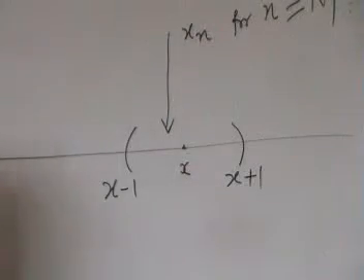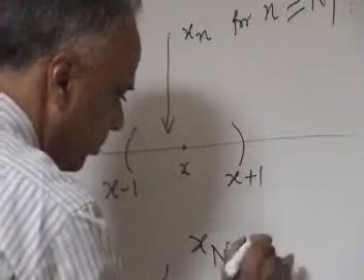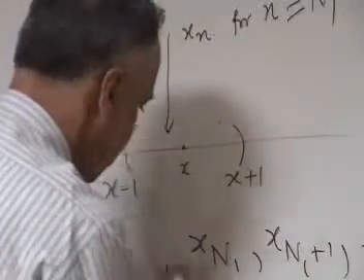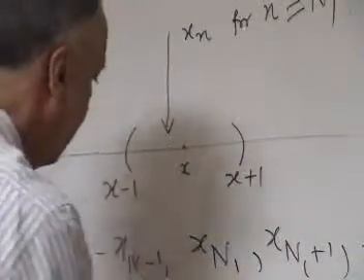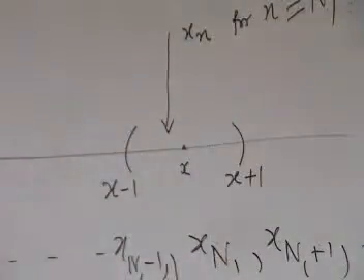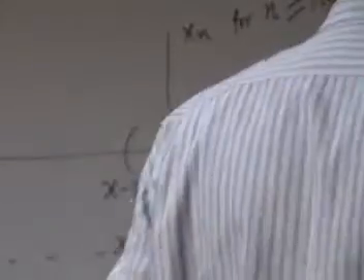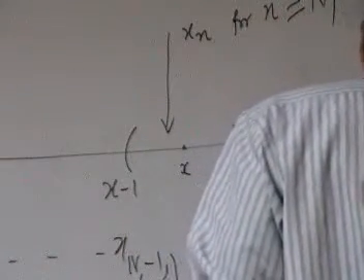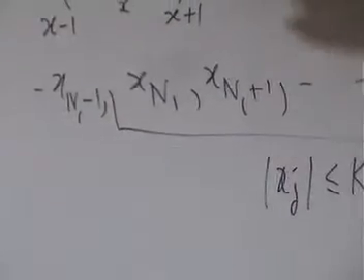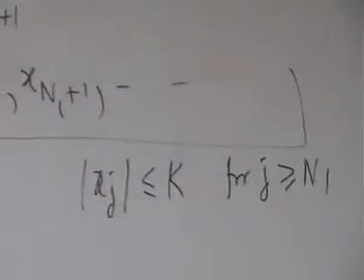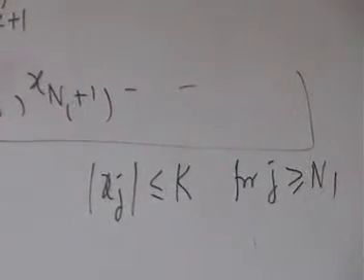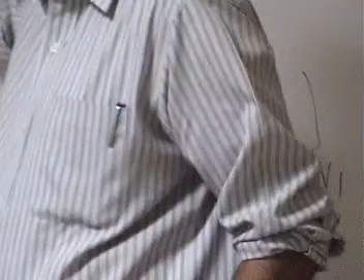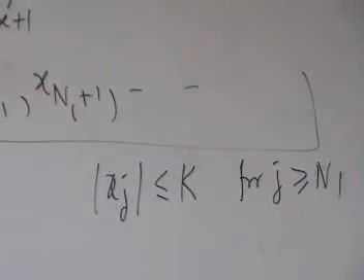So from here on, they are all bounded. They are all controlled. All these fellows in modulus will be less than or equal to some k for j greater than or equal to n1. This k you can get in terms of x. I will not go into any details, but intuitively it's clear now what's happening there. For all of them beyond a certain stage, I have found one bound.